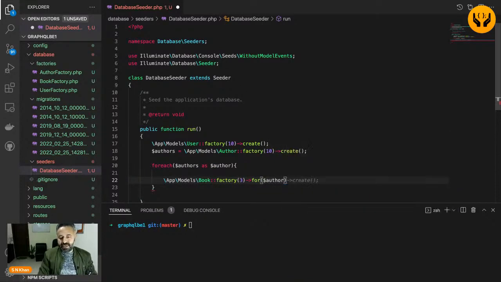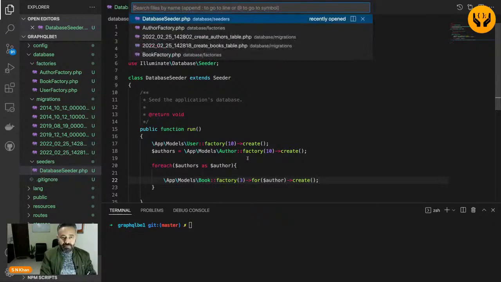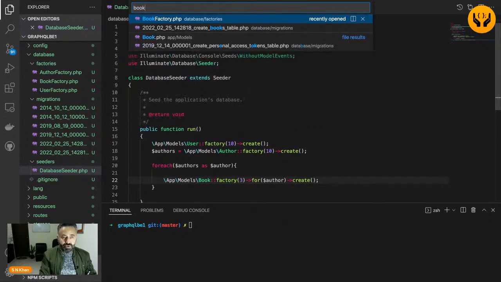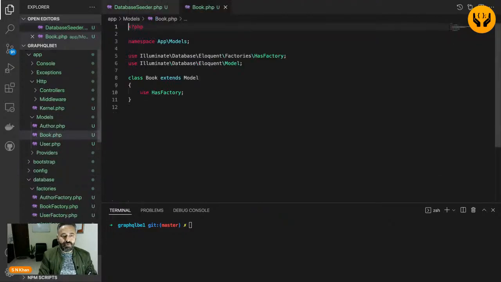So for every single author, we are going to generate 3 books. Okay, and before we go any further, there's one last thing that we need to do, and that is, I hope you guessed it, setting up the relationships, because attaching books to authors is also one thing that we have to do. So we'll first go to the book model, and we'll say,